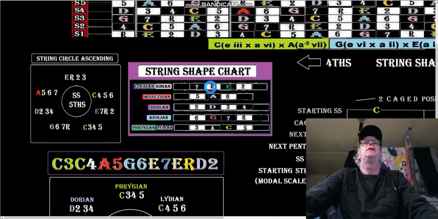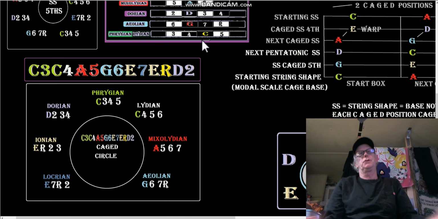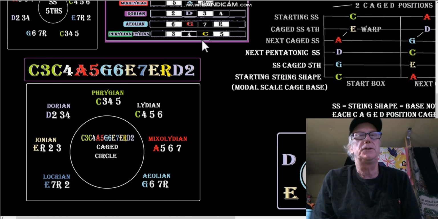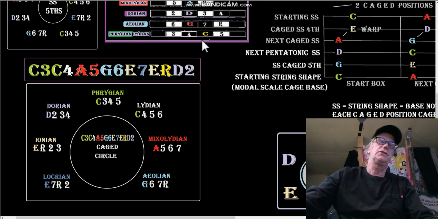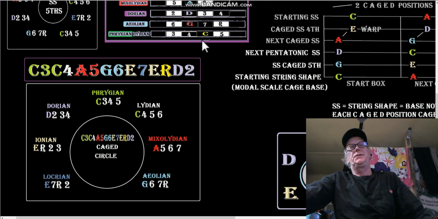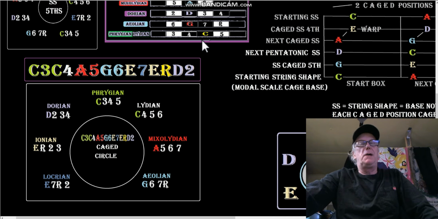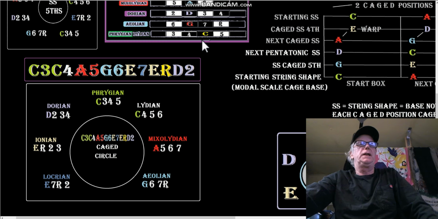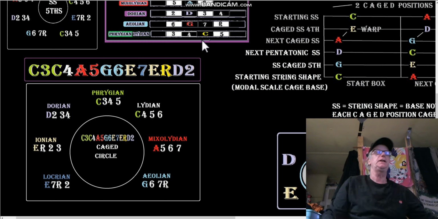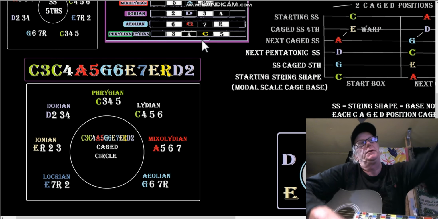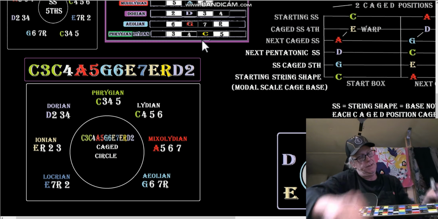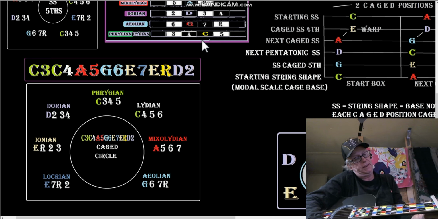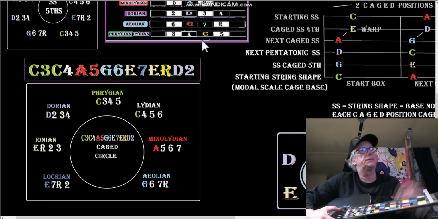It's kind of funny because you want to say, well, let's just call it caged. It is caged, but each caged circle has a problem that it can't be played in the open string position without just playing different keys. So if we were to put the capo on where your E is, so this is where your E is,